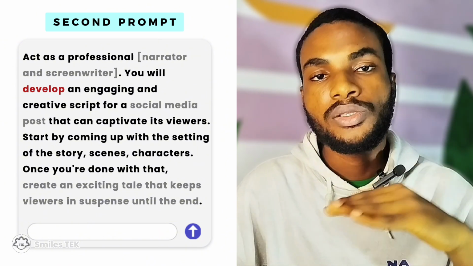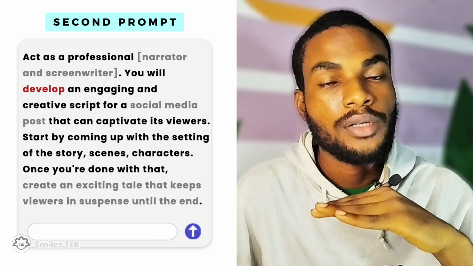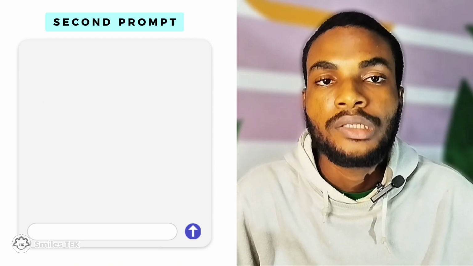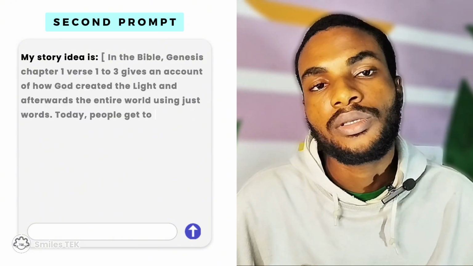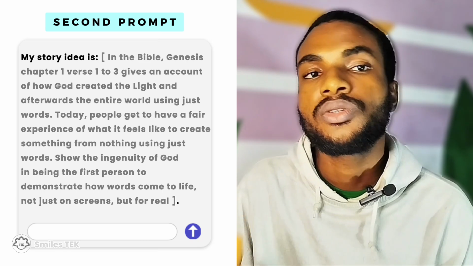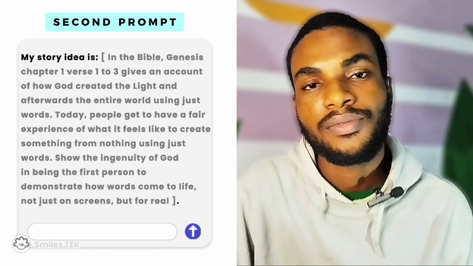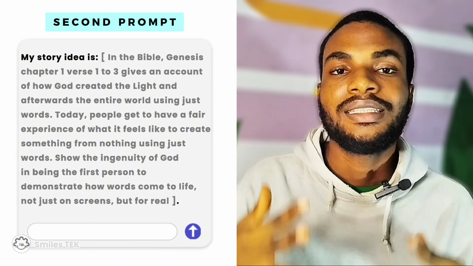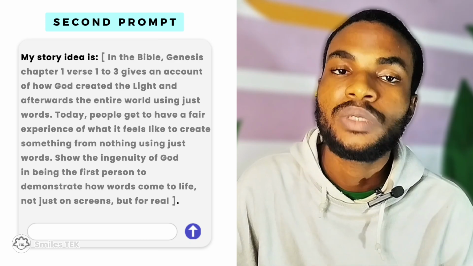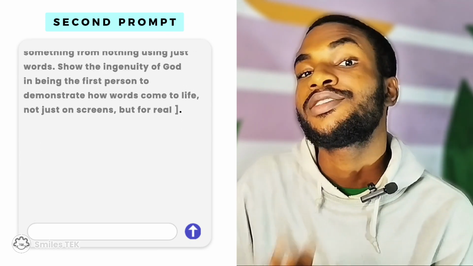So once you've inputted the first paragraph, then the next paragraph will be you inputting your idea. So your idea will be the idea you got from your first prompt. Once you have inputted the idea, you're good to go, send that in, and then allow the platform, depending on the platform you're in, to generate the entire storyline for you. Once you've gotten a story and you're cool with a particular story, then you're good to go to move on to the next